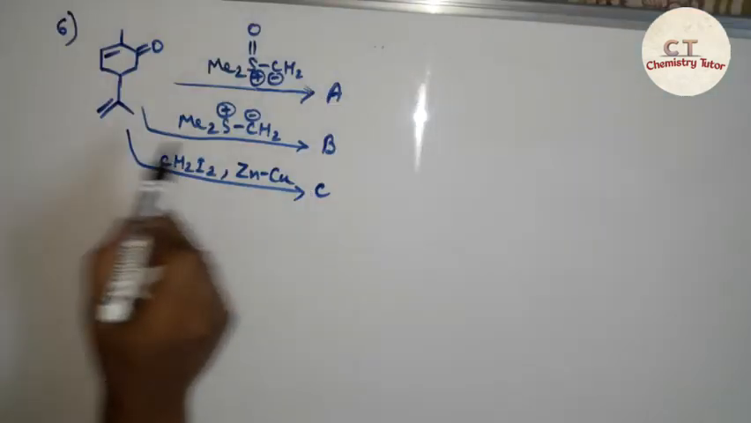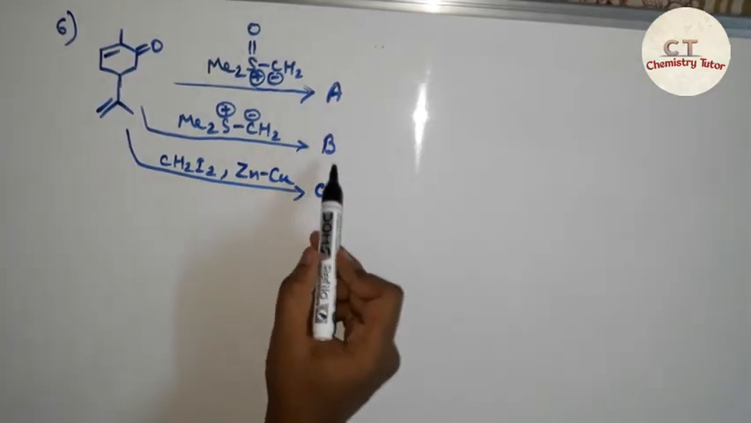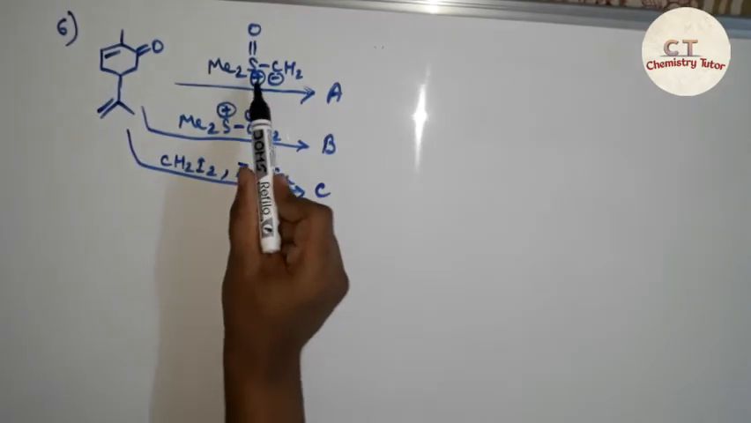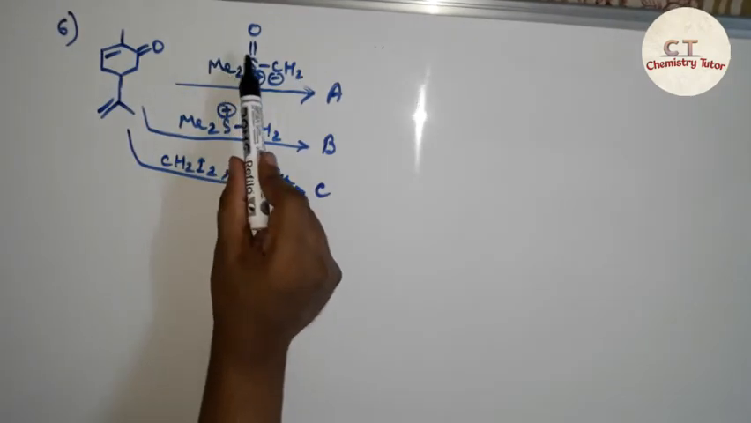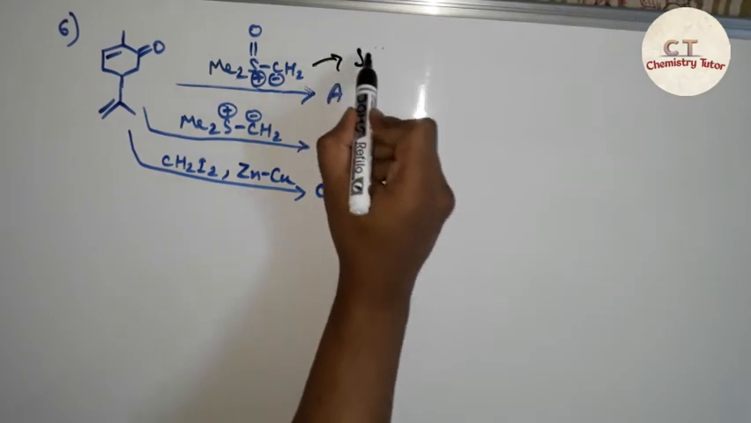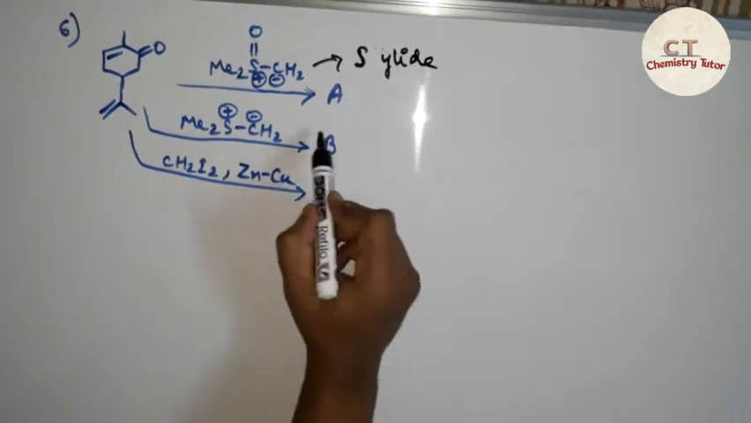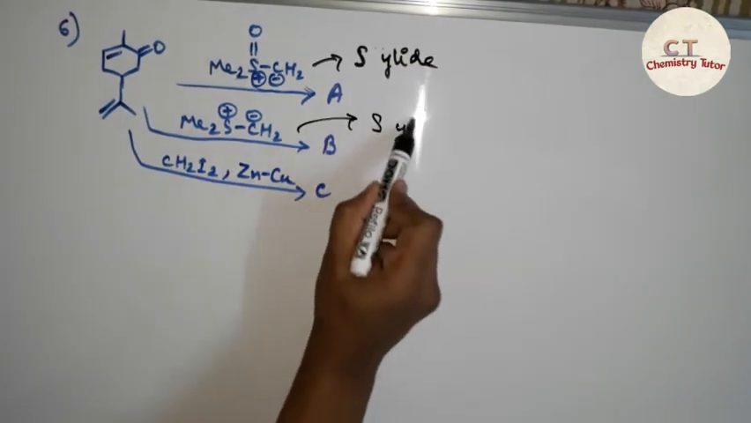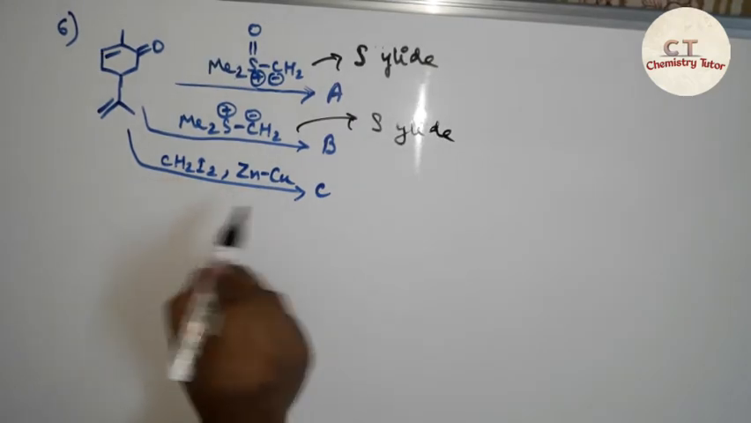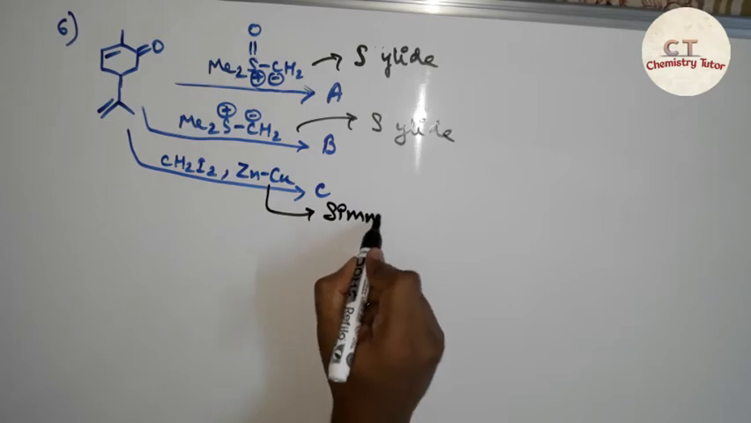Let us move on to our next question. So in this question, what are the products formed here? A, B, C. Okay, first of all, this is dimethyl sulfonium methylide. It is a sulfur ylide. This one is also a sulfur ylide, and this one is CH2I2 in presence of zinc copper. This is what reaction? Simmons-Smith